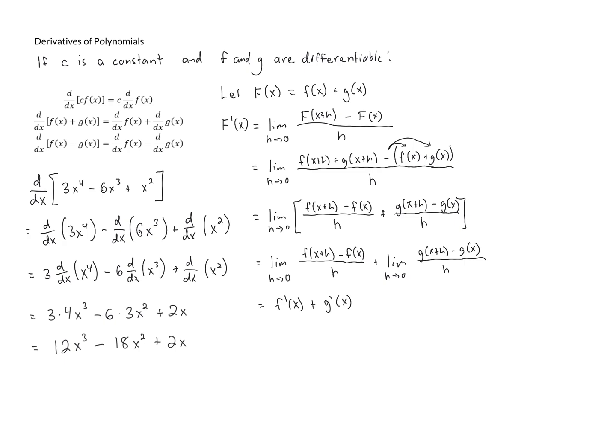I've gone through and shown each step of how we use these different rules, but once we get used to this, we can do things a lot more quickly and simply than that. If we want to differentiate this polynomial, we can just say, well, the derivative of x to the fourth is 4x cubed, and when we multiply 4x cubed times 3, that gives us 12x cubed. Then minus the derivative of x cubed is 3x squared. 3x squared times 6 is 18x squared. And then plus the derivative of x squared is 2x. So in the end,